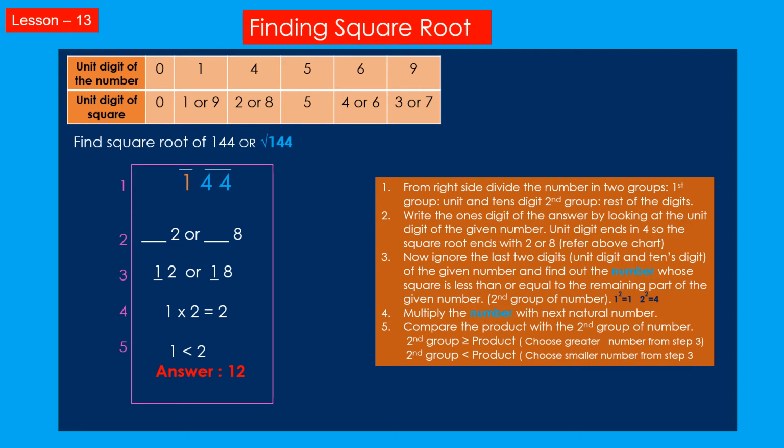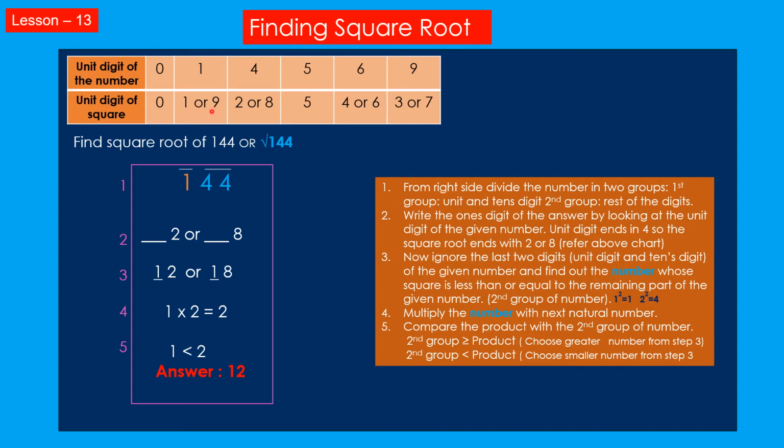Let us find the square root of 144. In order to find the square root of any number, you need to memorize this small table. It says that if the unit digit of the number is 0, then the unit digit of the square is 0. And if the unit digit of the number is 1, then the unit digit of the square ends with 1